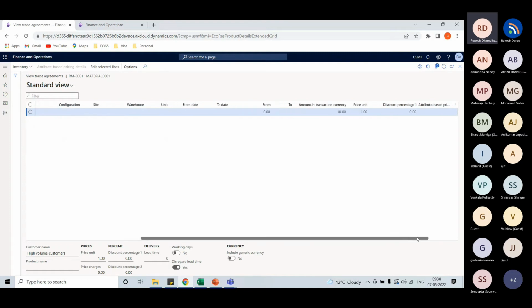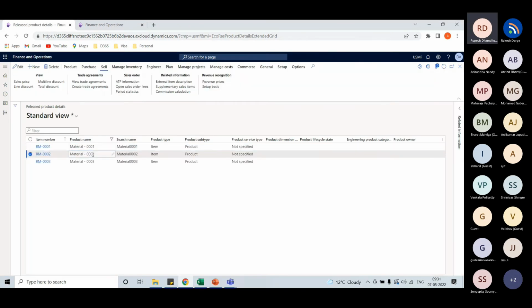And as a part of total discount, you can define a discount either in terms of currency or money, or in terms of percentage. So for this example, we have created the total discount in terms of amount. Here, in the amount in transaction currency, I have mentioned 10 US dollars as the total discount. Okay. For the sales trade agreement,